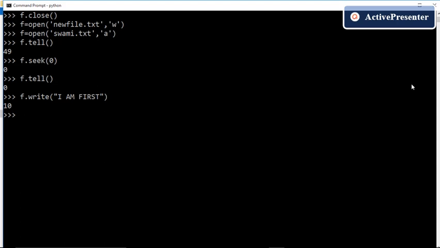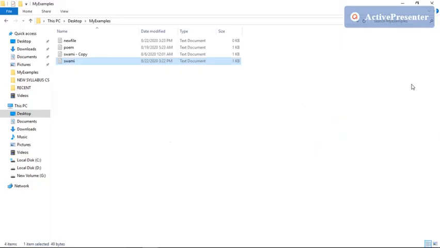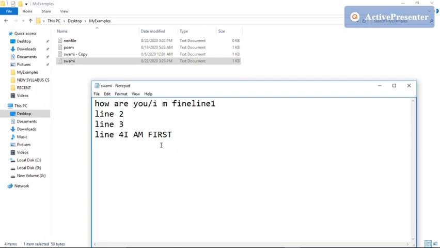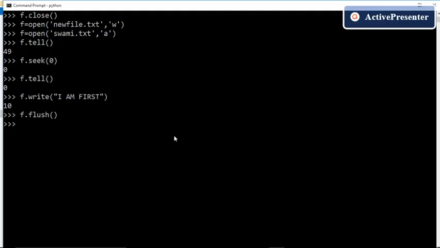Okay, let us flush this content. Let us transfer this content to the disk file, and now check the content manually. So we can see that the new content we have added is added at the end. It proves that, so now we have verified that in append mode we cannot touch the pre-existing content of the file.